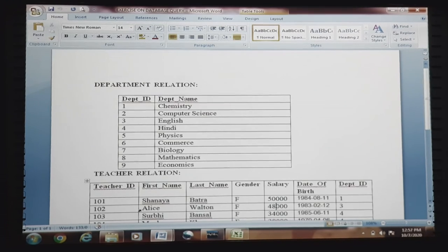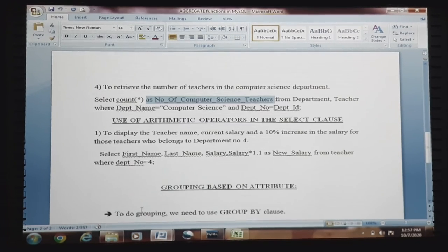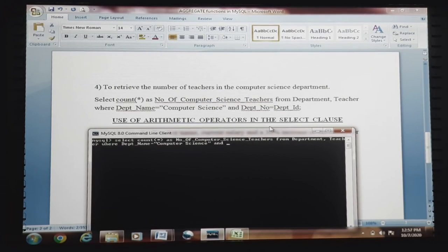T dot department ID. The department number column was there inside our teacher relation, which has been changed to department ID itself.